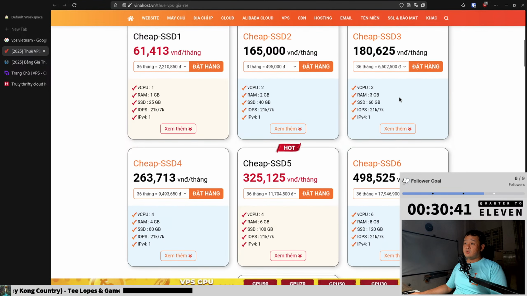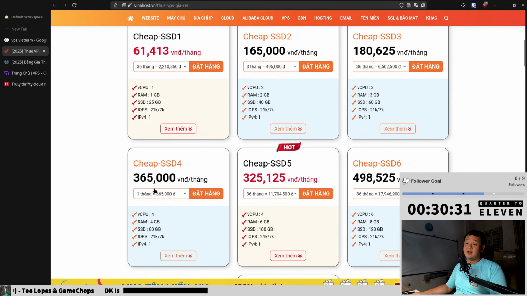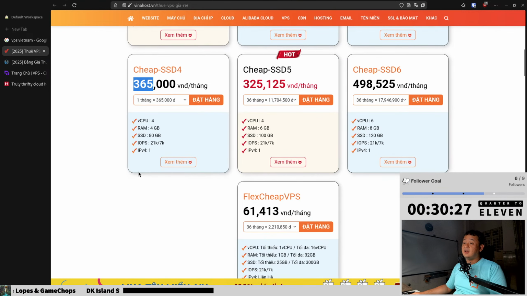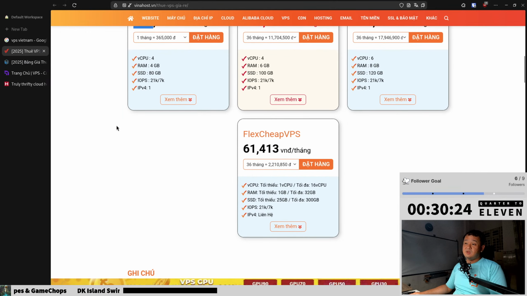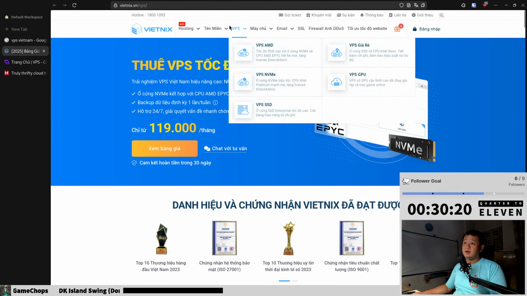Let me actually try to see. So this one we have 4 vCPU, RAM 4 gigabyte. We are already looking at 3500, which is not good at all. So if I'm looking at another